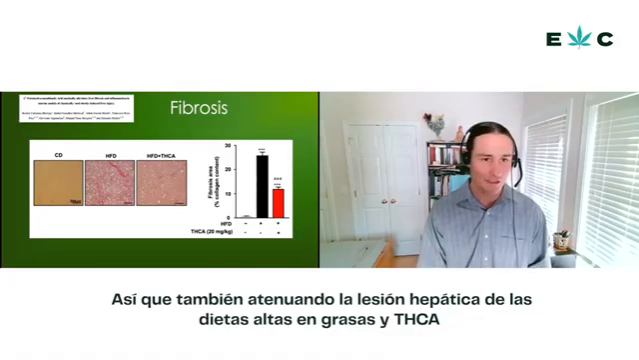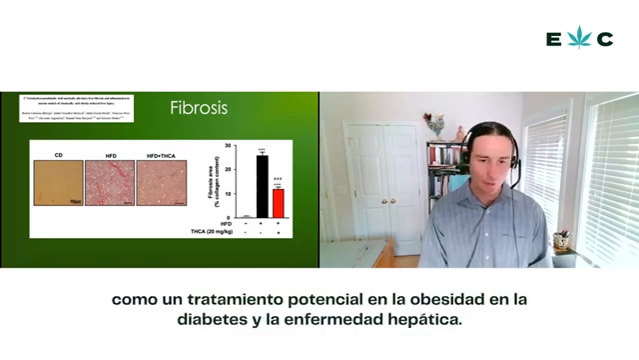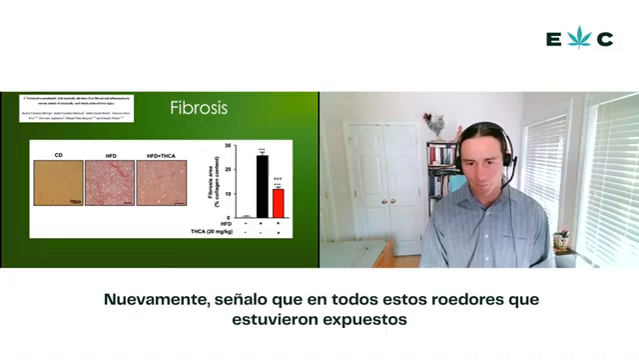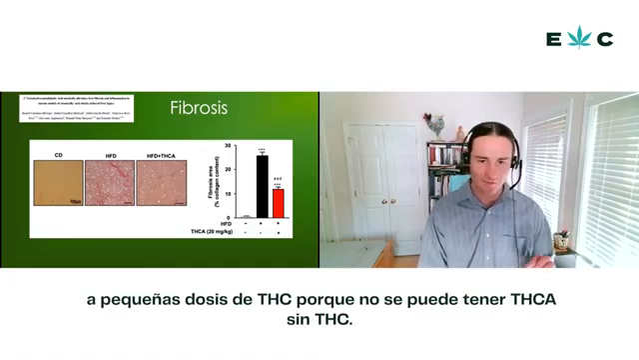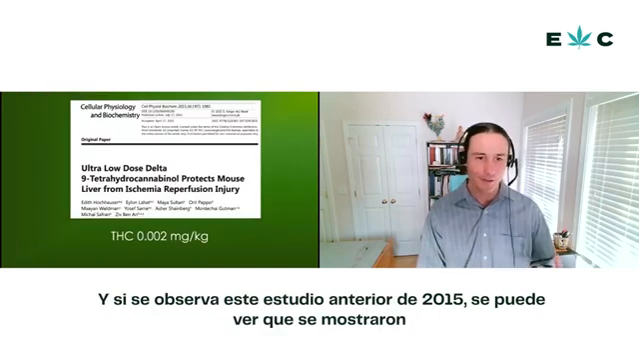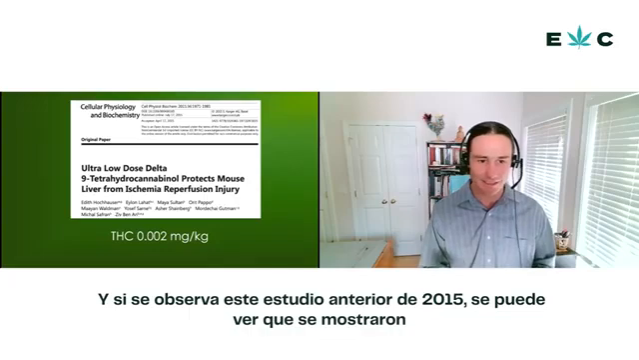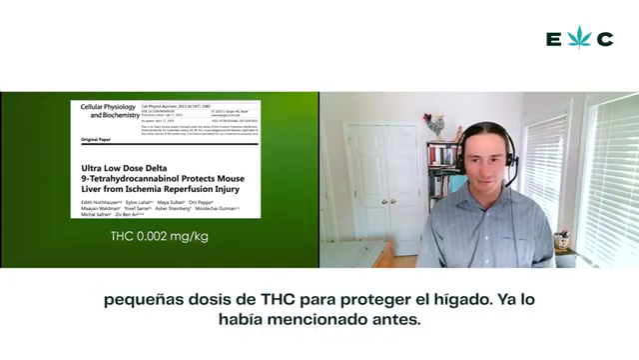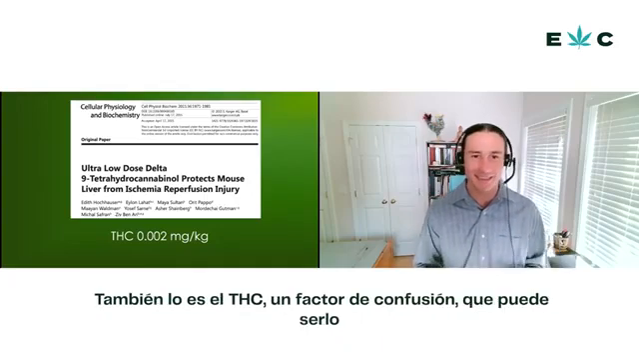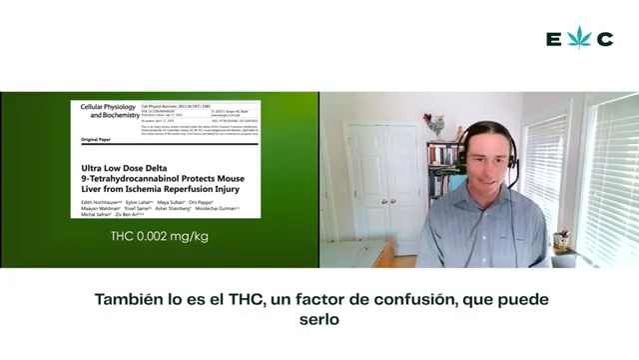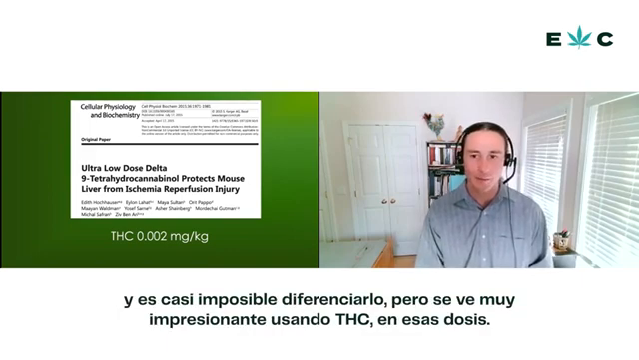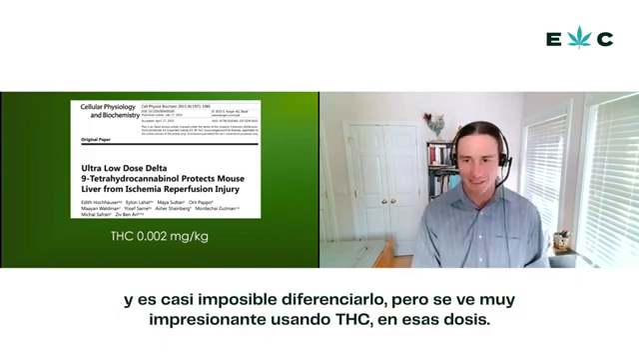So very exciting for THCA as a potential treatment in obesity, in diabetes, in liver disease. Again, I point out that in all of these rodents, they were exposed to tiny doses of THC because you can't have THCA without THC. And if you look at this older study from 2015, you can see that tiny doses of THC were shown to protect the liver. I had mentioned this earlier. So is the THC a confounder? It very well may be, and it's almost impossible to tease that apart, but it looks very impressive using THCA